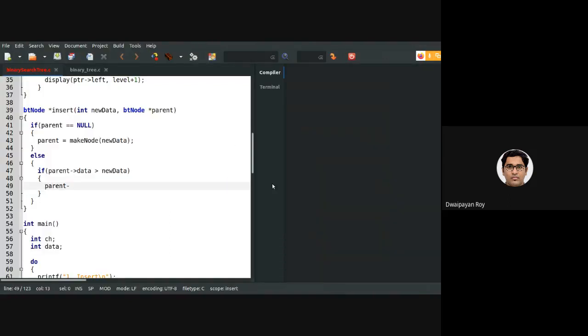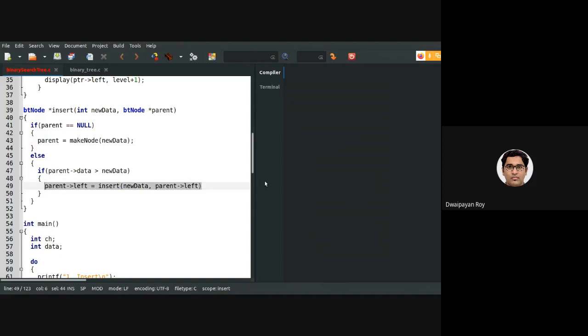So parent left equals insert, new data, and we need to pass the parent left.